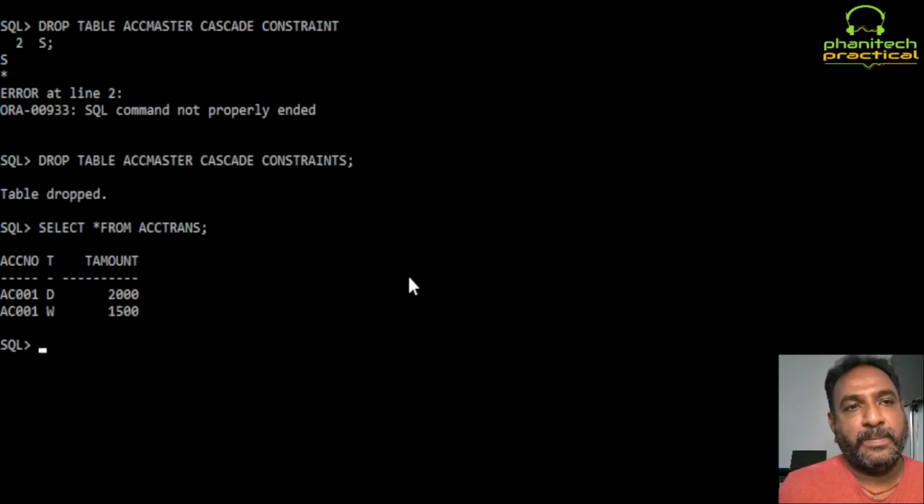SU001 is there, but it will remove that entire table from account master. The child table is not affected. It will ignore the existence of records in the child table. It will remove the parent table if you are using the option of cascade constraints. It's all about that, and one more final point is,